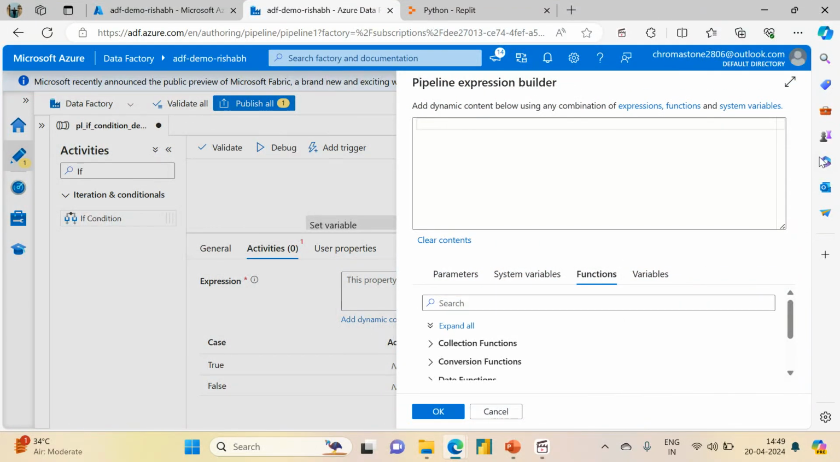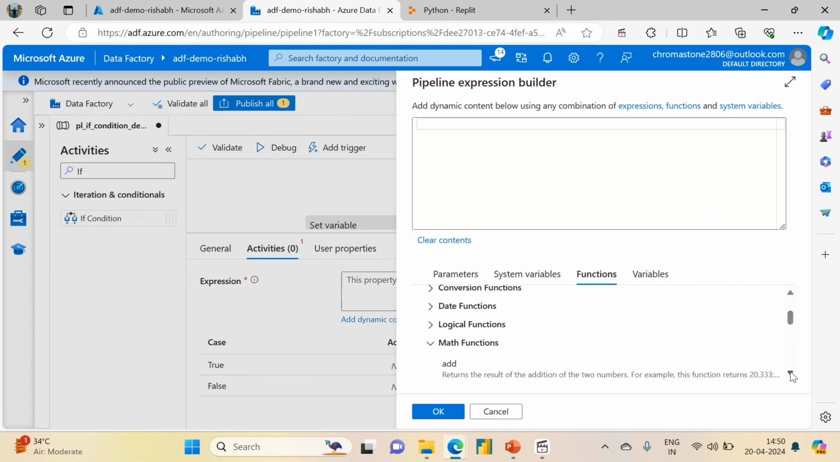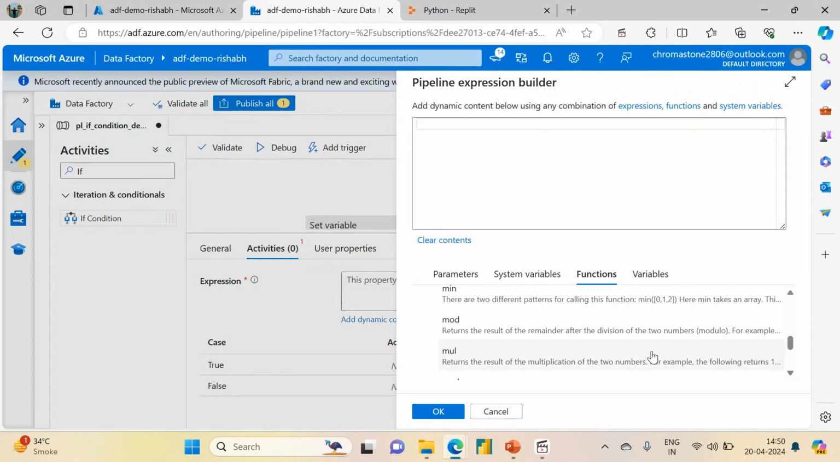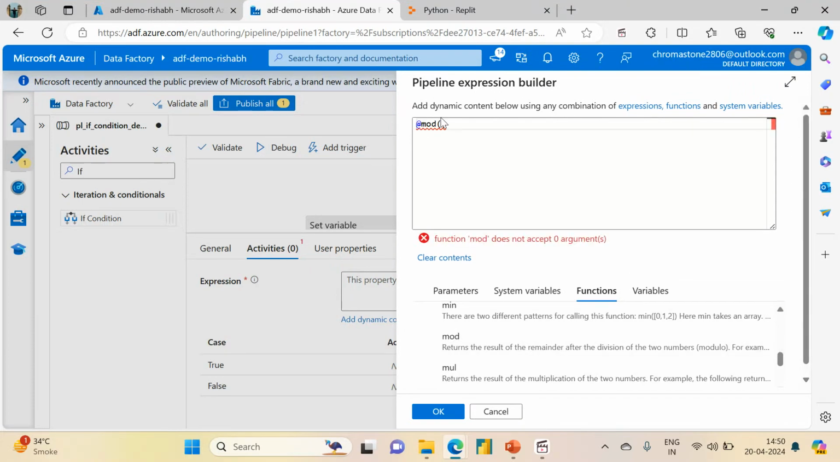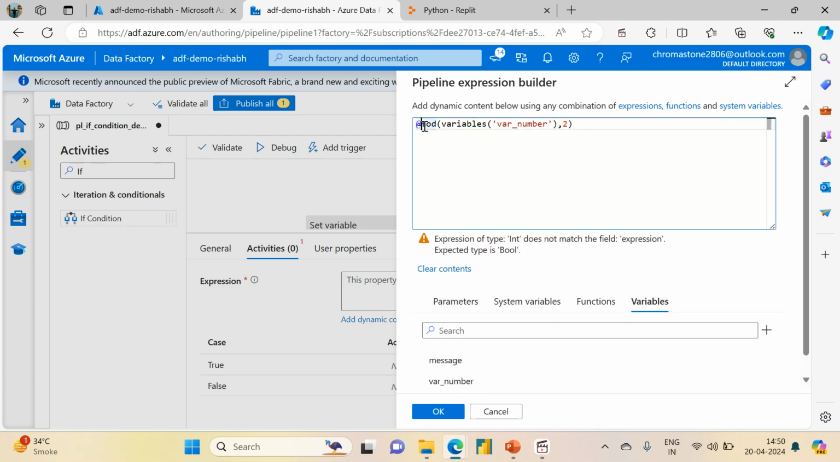I'm going to go to function. Remember in the last session I had talked about the functions, like logical functions, math functions, string functions. So here I'm going to use a math function. So you have add, division, max, min, mod. So here I'm going to use mod. So what I'm going to say, I need to divide the number by 2, and after that I want,